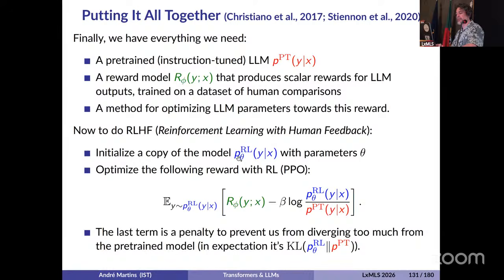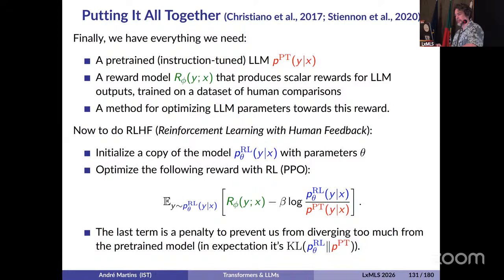We typically initialize the model for the next step as a copy of the pre-trained model. By the way, I didn't mention that in the slide, but the reward model is typically also initialized from the pre-trained model, except that you change the head of this model to output a continuous score as opposed to generating. And then we optimize the rewards with reinforcement learning. The most common approach in these early times, and that's what OpenAI proposed, was to use something called PPO,